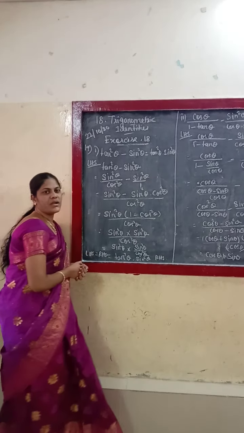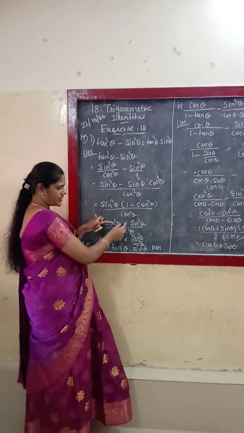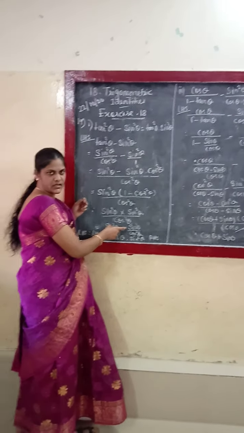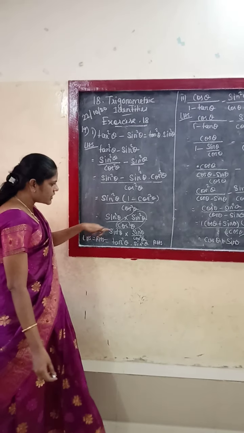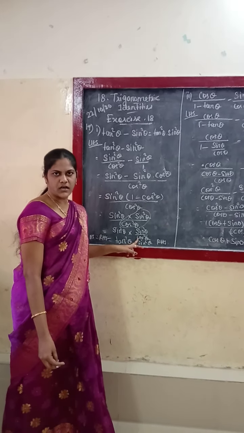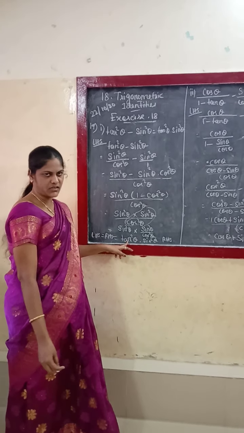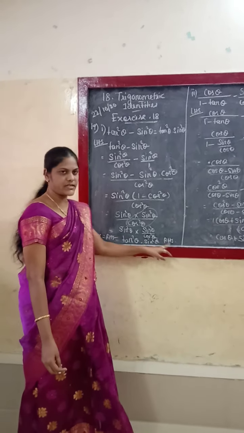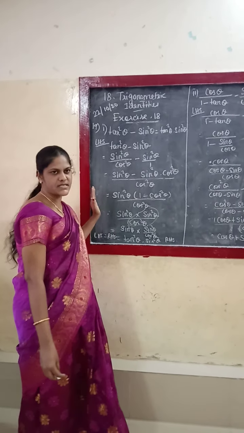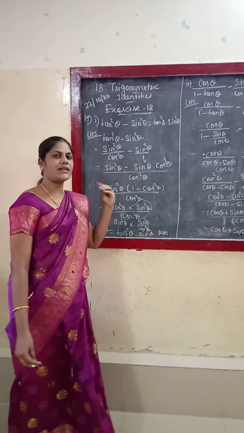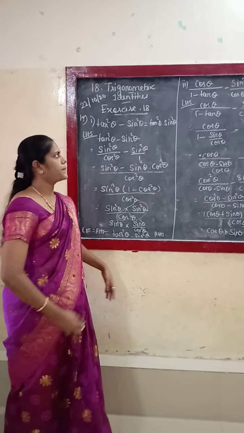What do we need to prove? Tan square theta into sin square theta. So, sin square theta into sin square theta divided by cos square theta. Here, just split this one term separately. So sin square theta into sin square theta by cos square theta. Sin square theta by cos square theta is equal to tan square theta. So tan square theta into sin square theta, that is the right hand side. Is it clear, children? Now we have proved left hand side is equal to right hand side. What are all the formulas I explained in the first video? All those things we are going to substitute here.